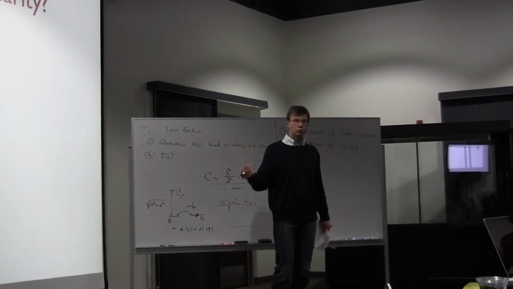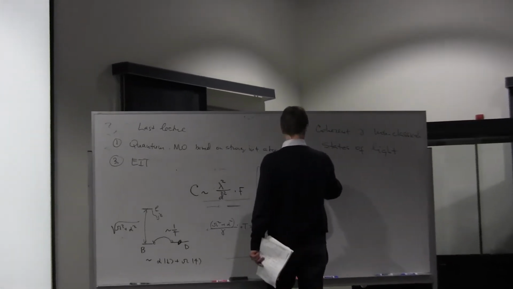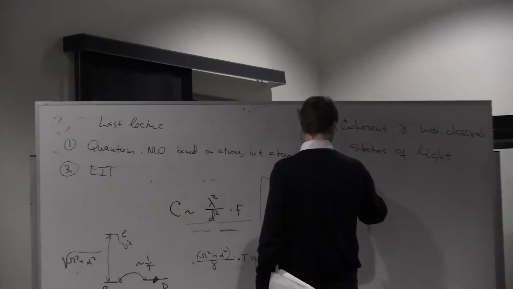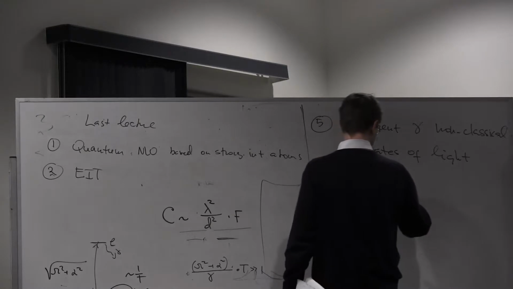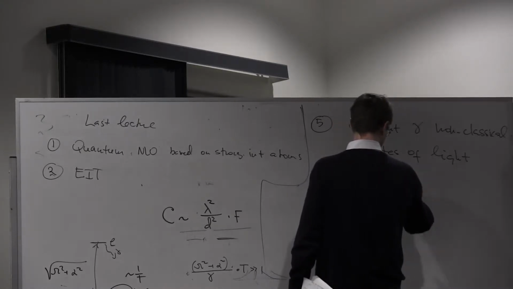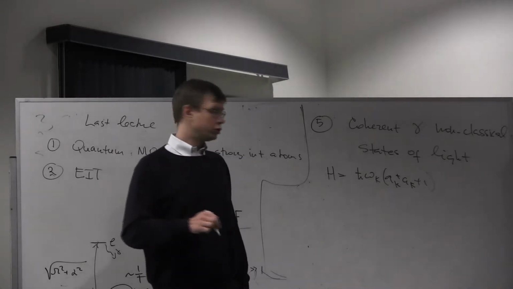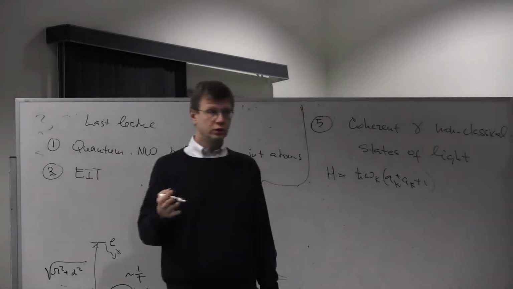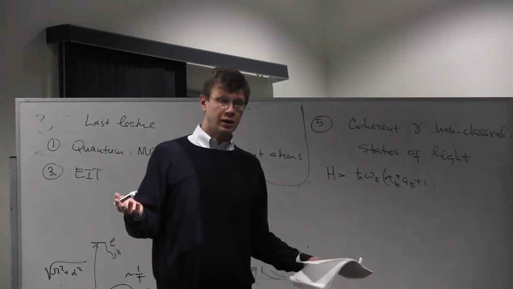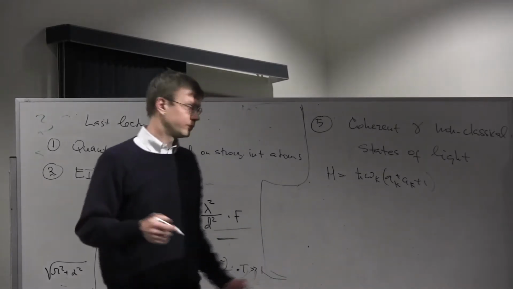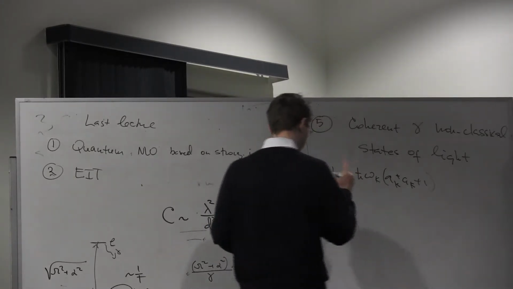Just like a simple harmonic oscillator, right? Each mode of light can be described by a Hamiltonian, which is essentially the frequency of this mode times the harmonic oscillator Hamiltonian, where a† and a are the harmonic oscillator creation and annihilation operators, right? And so basically the electric field operator